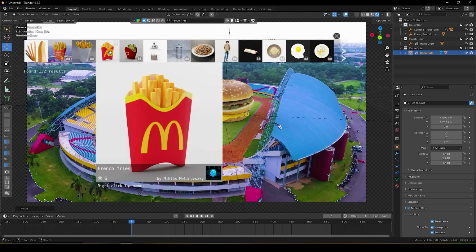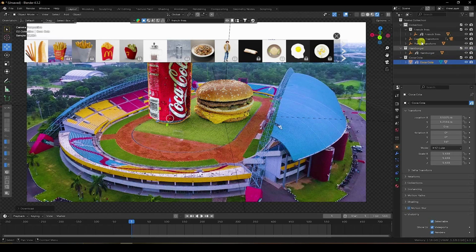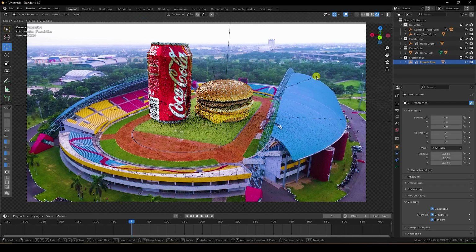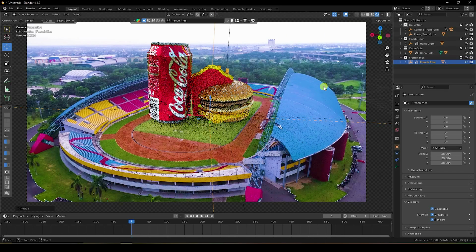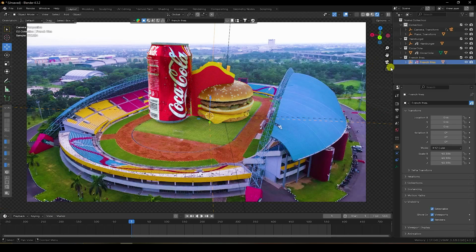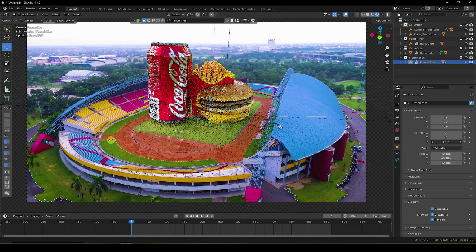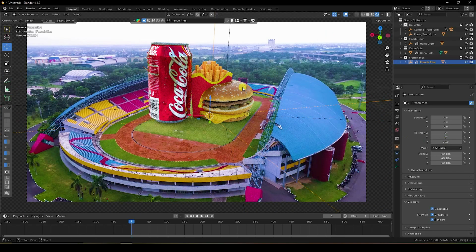And now I apply french fries, and again go to BlenderKit and type french fries. Enter. It's good. Select this one, yeah, and drag and drop, unlink. Select this object and increase the size more. Yeah. And also rotate like this and change the position. Go here and front.